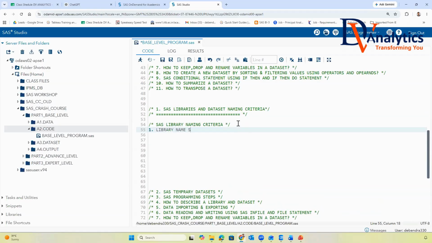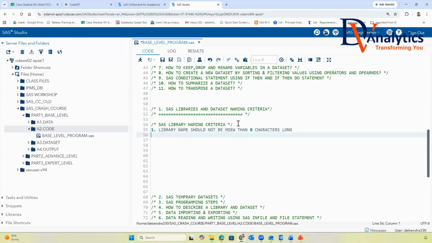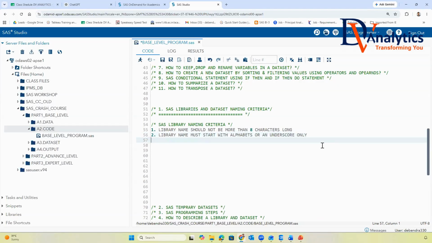Library name should not be more than 8 characters long. Secondly, library name must start with alphabets or an underscore only.